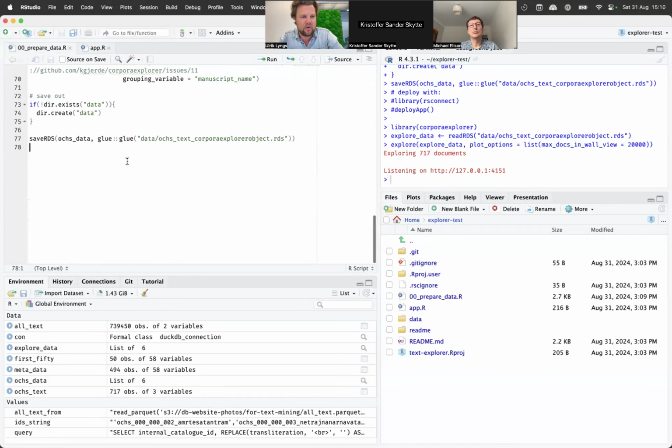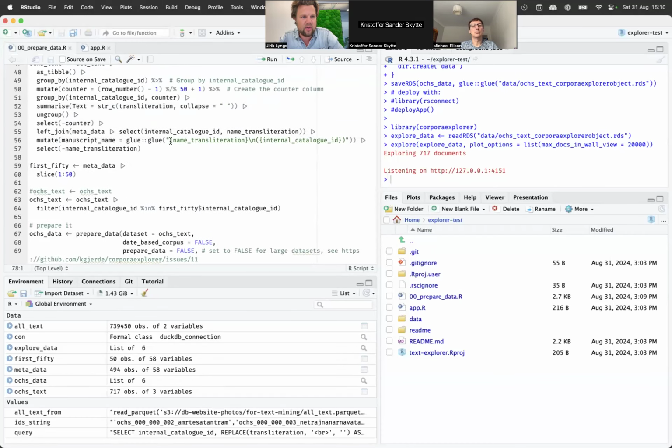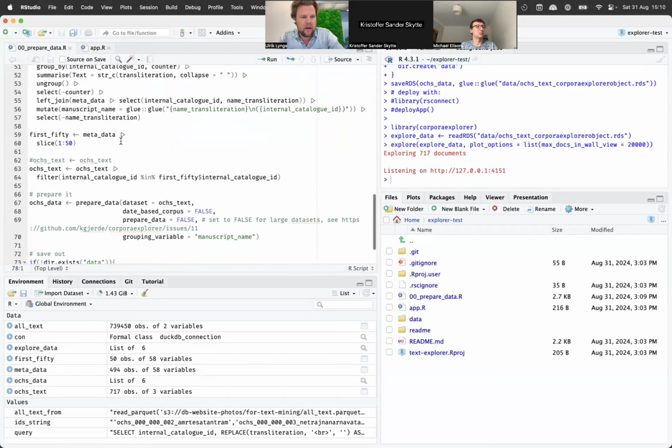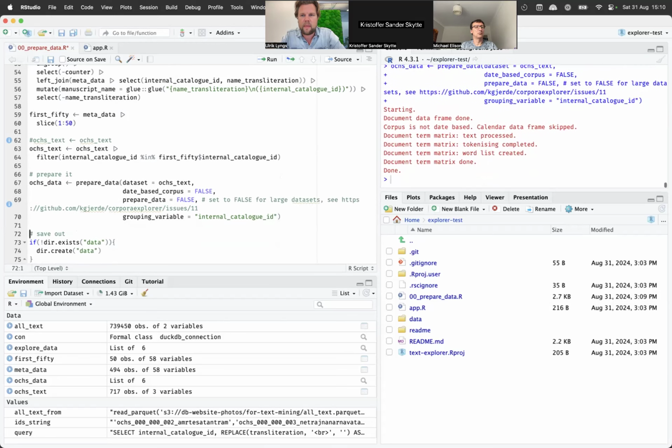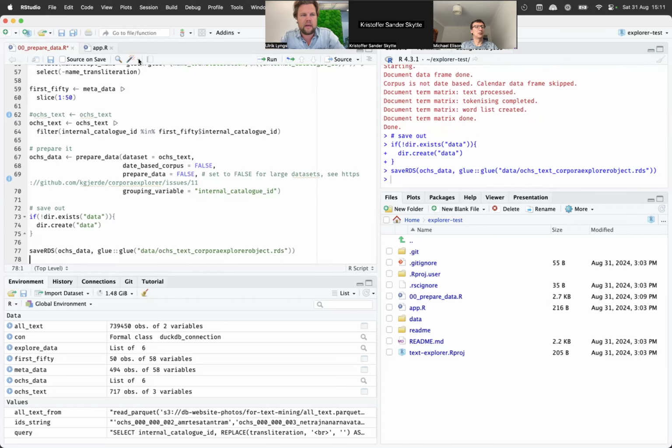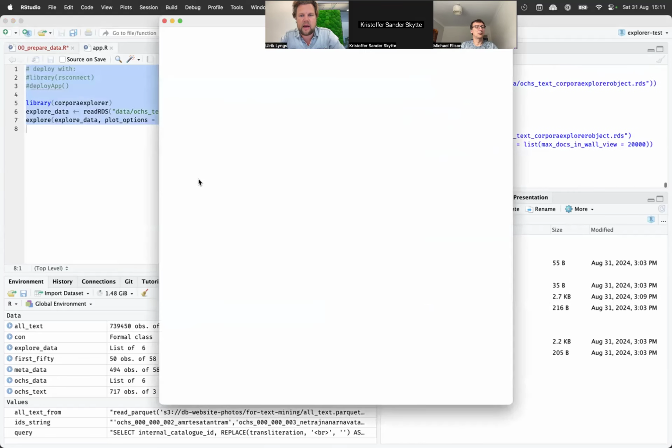Yeah, let's ignore the name. Why don't we use the internal catalog ID for the grouping variable, and then I save it out, and if I run this now,